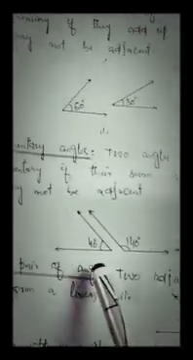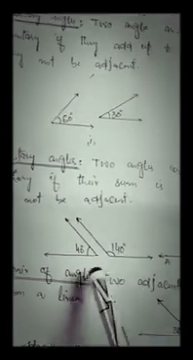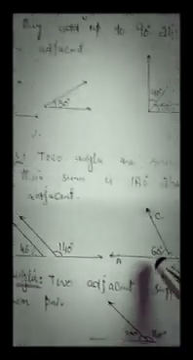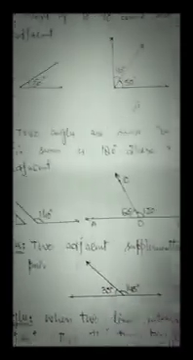For example, 40 degree and 140 degree is 180 degree, so they are supplementary angles. 60 plus 120 is 180, so they are also supplementary angles. Now important